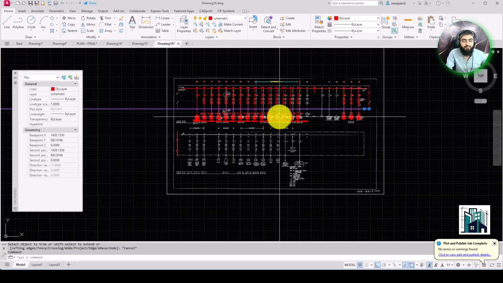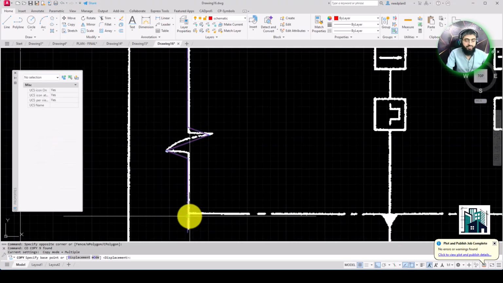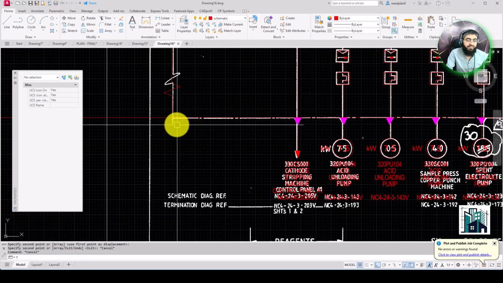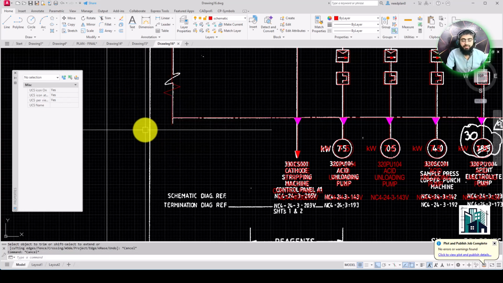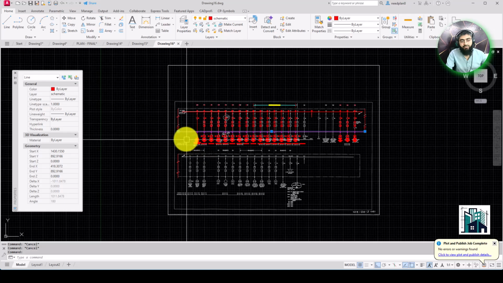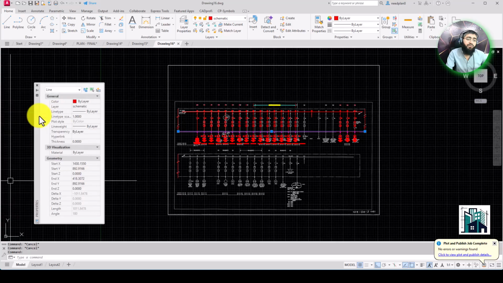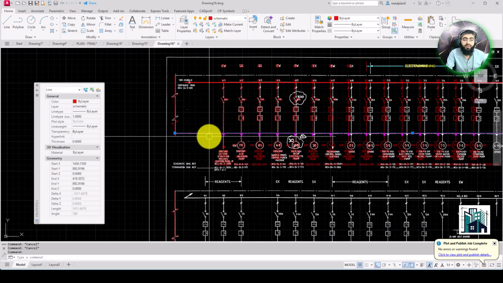and then I want to make this line a dash line. So how can I create this dash line? You just have to click here and then copy from here to here, and then trim this, select this object, and then TR enter, select this object, and then select this object, that will be deleted. And now you have this line from one point here and then second point here. And now you have to give the dash line.